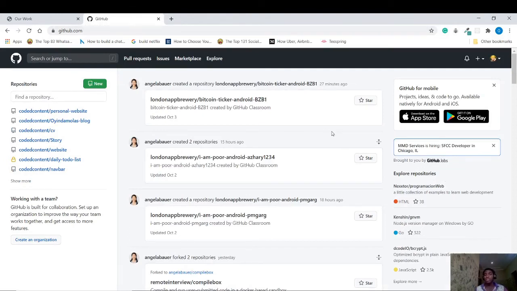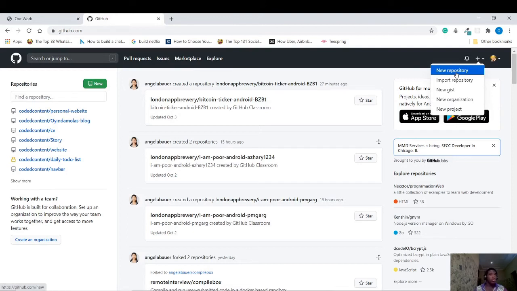If you aren't signed up to GitHub, you should try creating an account for yourself. After you create an account, you're directed to your repositories. Right now you're going to have no repositories, as I have a few over here. Then first I'll show you how to